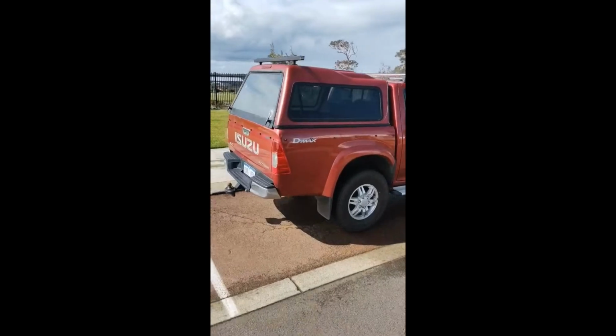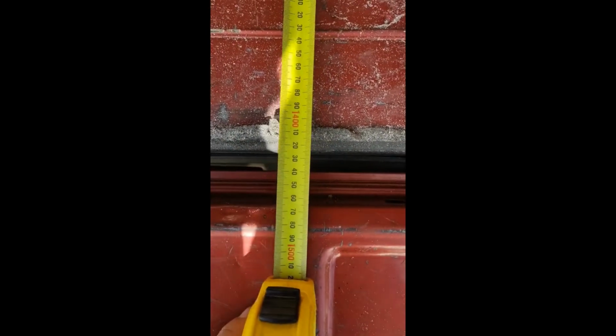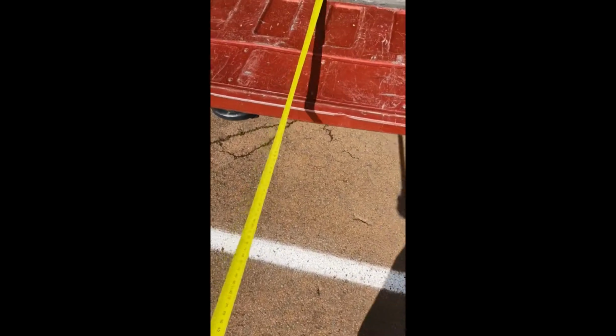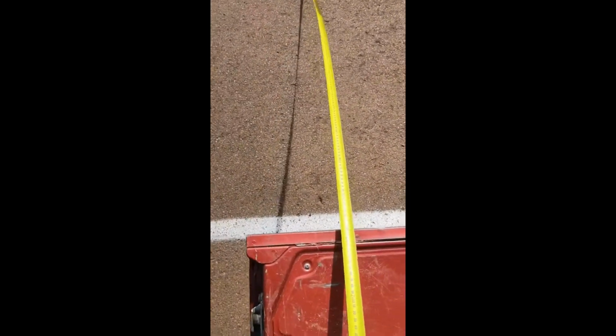This is my ute. Let's have a look. Okay, it is about 1,450 deep, and to make a ramp I think it's going to have to be about 2 meters. Let's have a look. They're quite old dogs, they're about 10 years old now, so I think enough of a gradient would be, let's see,